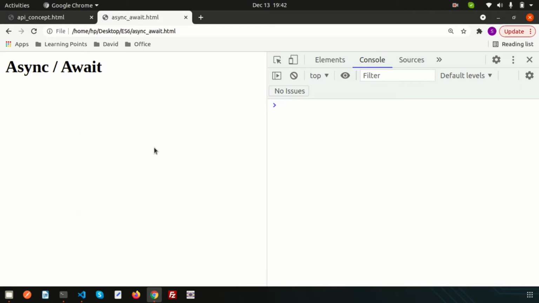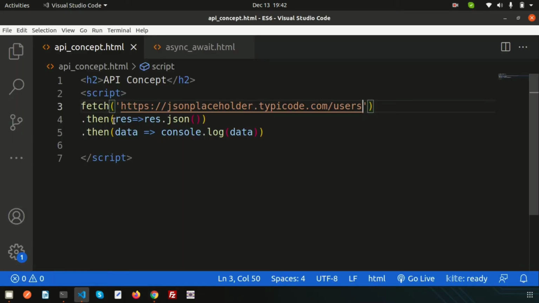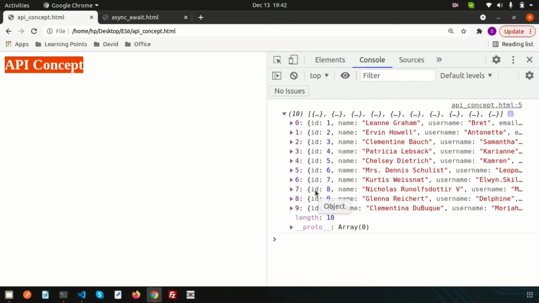So we are discussing the ECMAScript promise concept, and after that we discussed the API concept with the promise, right? We created these things and used some demo API links to fetch some records, and you can see all the records here, right?